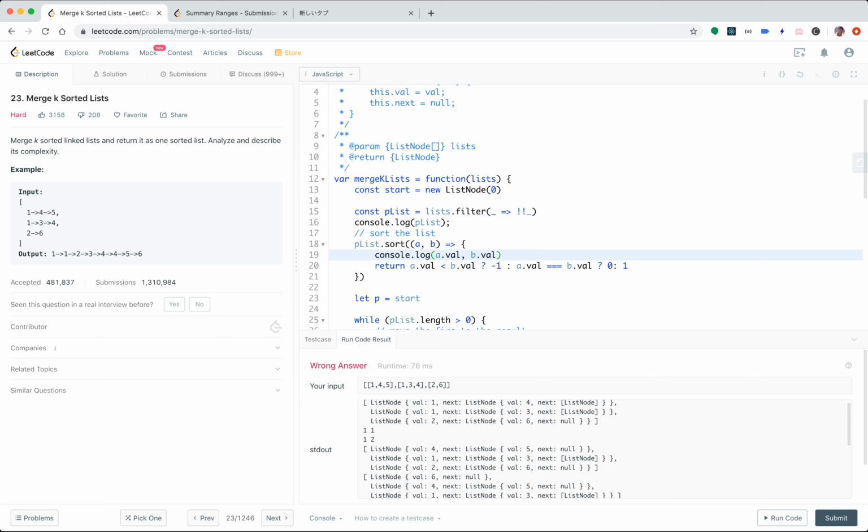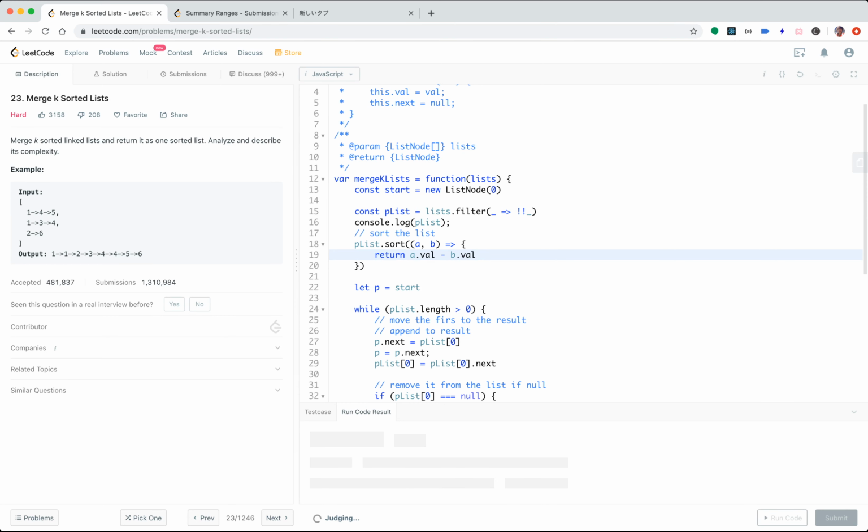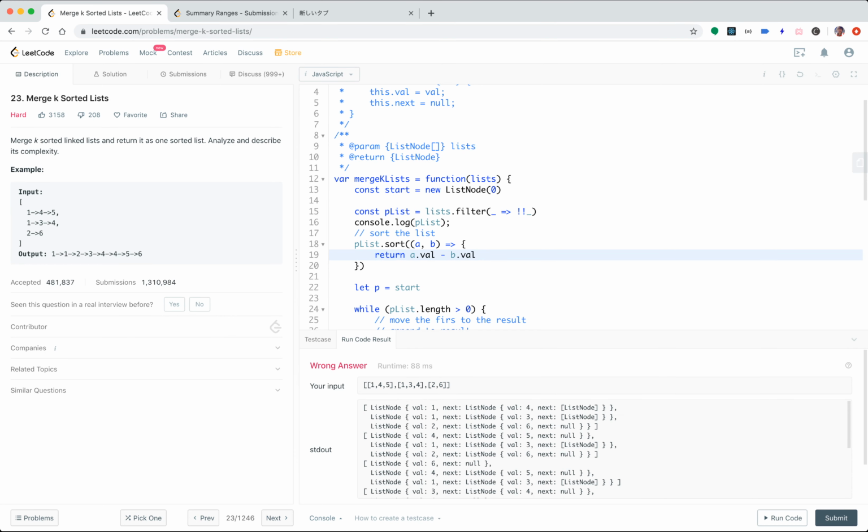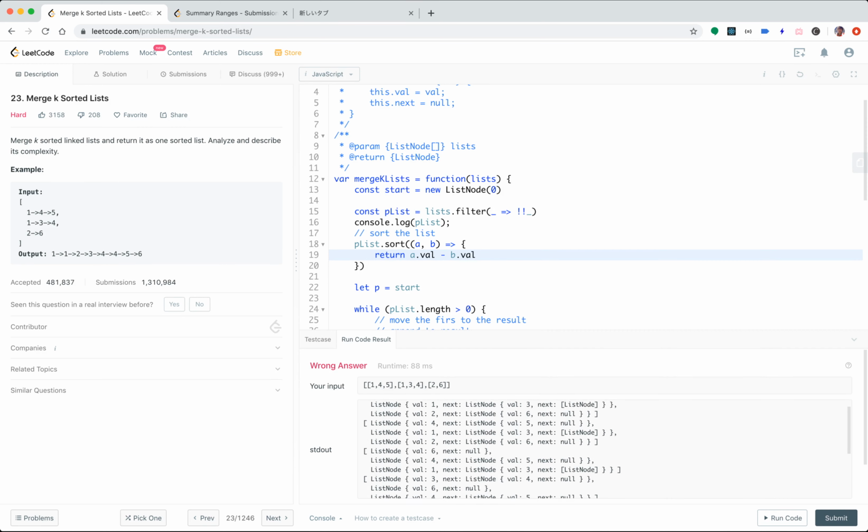It's not. My bad. It's actually right because we removed 1, 4, 5, 1, 3, 4, 2, 6, and then we got